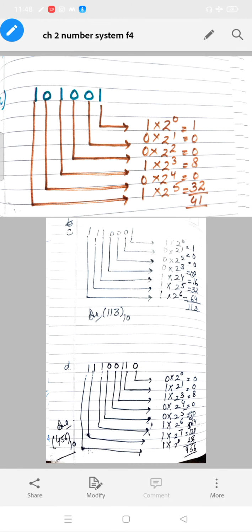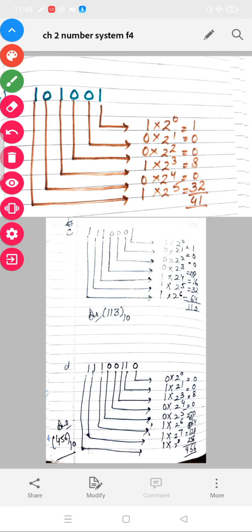Today we shall continue with number system, and in this topic we are going to do the fourth part. First conversion is binary to decimal. डेसिमल टू बाइनरी में आप लोगों ने क्या किया था, डिवीजन किया था. बाइनरी टू डेसिमल में आप लोग मल्टीप्लाई करोगे 2 के साथ, क्योंकि बाइनरी नंबर सिस्टम में आपके पास 2 नंबर